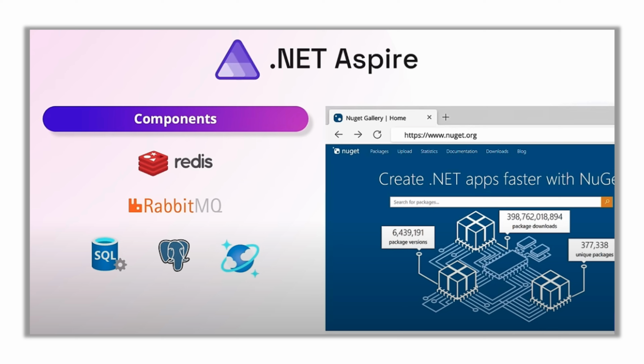Makes it a heck of a lot easier for you then to be able to see exactly what's going on as your queries run on SQL Server, as the cache keys are read and set in Redis. You can see all of that on your dashboard and interact with it as a developer. And when we choose to go deploy to a production space, it will deploy these containers appropriately to that location if you'd like. Or you can configure it to use an appropriately hosted service running on Azure, running on AWS, or use the container on Kubernetes if you'd like.